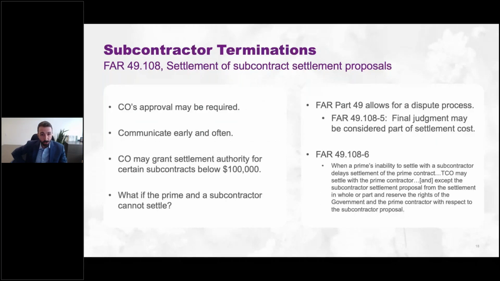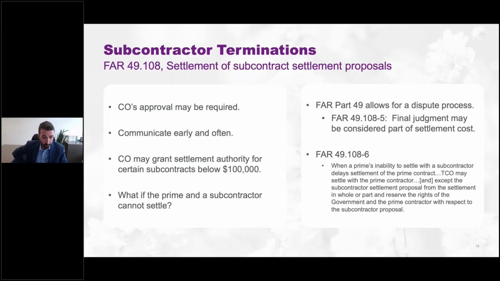check. So you also want to check if the CO's approval is required. In a lot of cases, the CO is actually going to need to approve settlements with subcontractors, and so you may need to make the settlement conditional on the CO's approval. Communicate early and often with the CO if you think approval is needed, because you don't want to surprise your contracting officer. So you can get that process going. You can keep your contracting officer updated on the status of negotiations and what's going on, so that that person